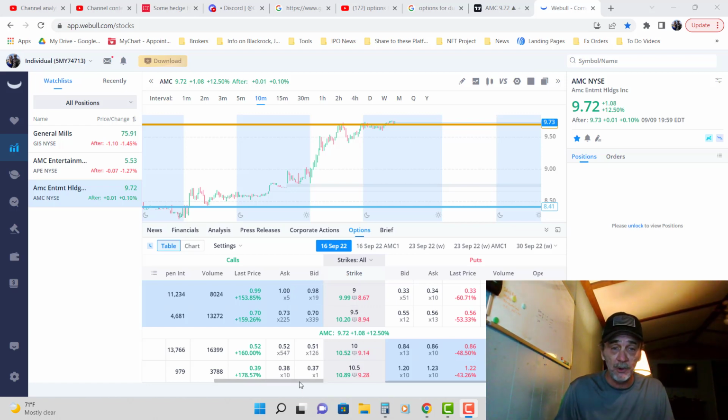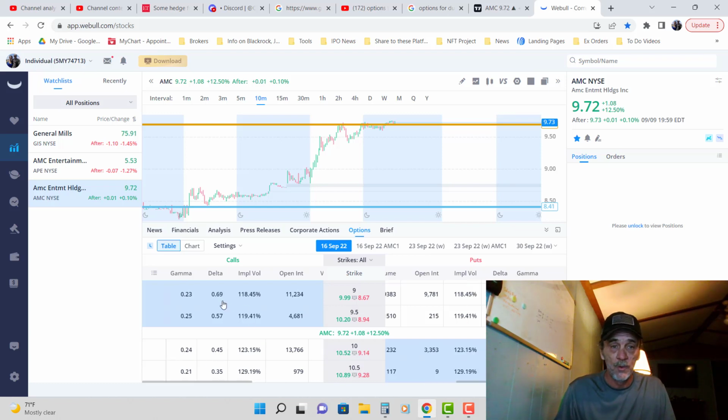If you look at the delta, we see that it's 69 cents. So for every dollar that AMC goes up after you purchase this option, it's going to move up 69 cents. For example, right here, it's only 45 cents, but once it gets into the money, the option's price starts moving faster for you. So there's a million different strategies to options. You're going to have to research and watch what all these different strategies are and pick the best one for you. Me, I like the weekly options that are lottery tickets.